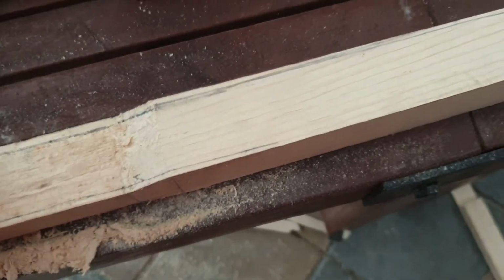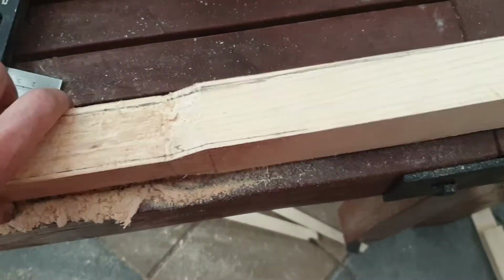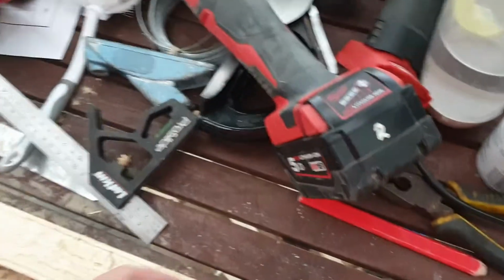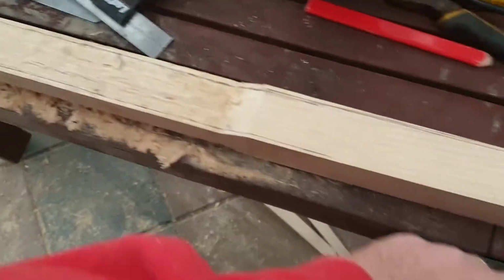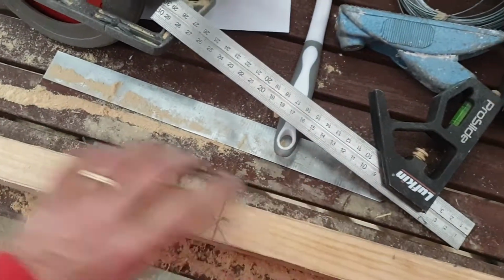What I'm going to have to do again is get the electric plane out, because I don't want to do this section by hand, that'll take too long. I'm just going to electric plane that, and then the fine tuning of the loom will be